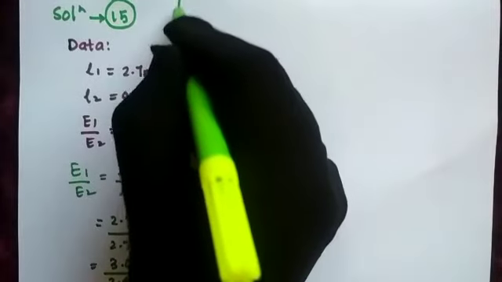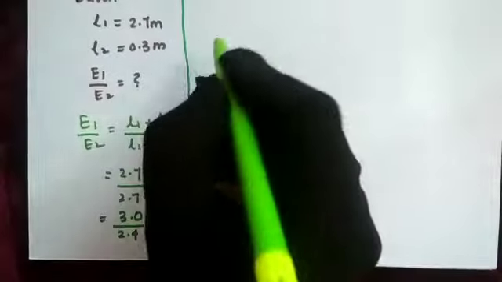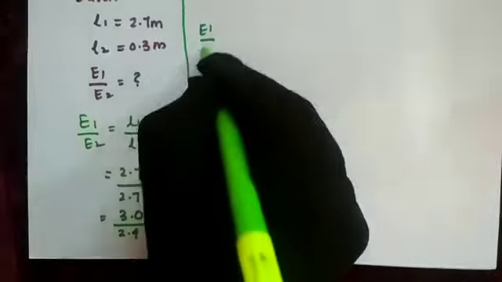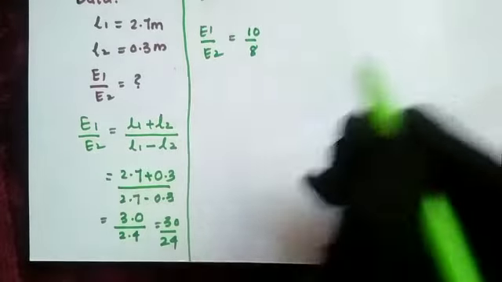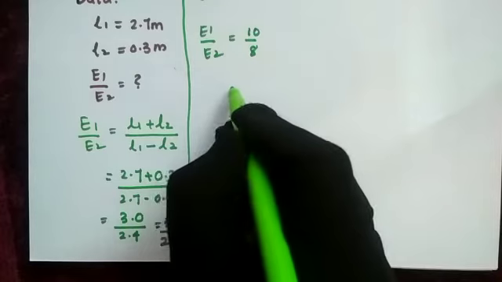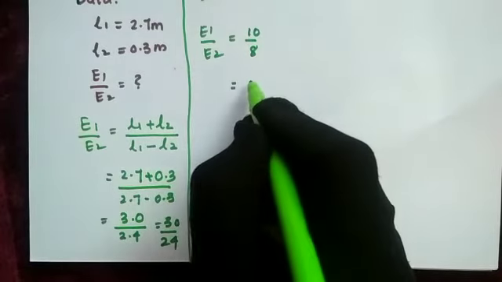So finally you will have here 30 upon 24. So E1 upon E2 is nothing but 30 upon 24. So you may have 10 upon 8. Let's take it 10 upon 8. So here you will have